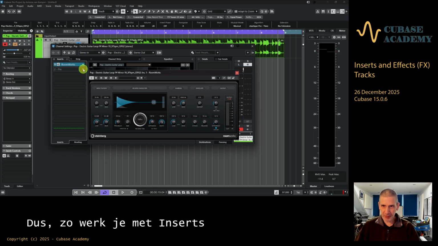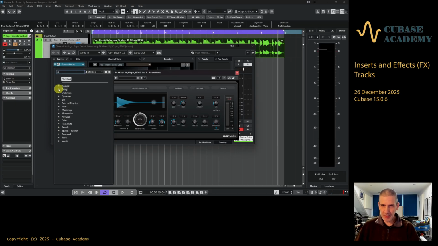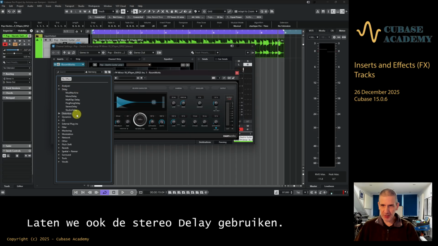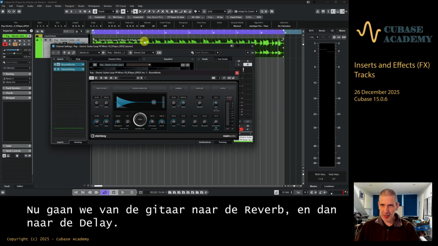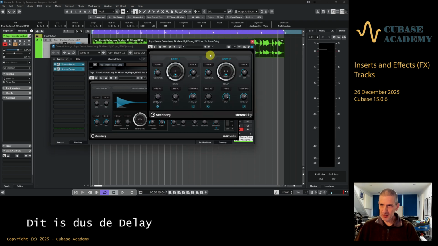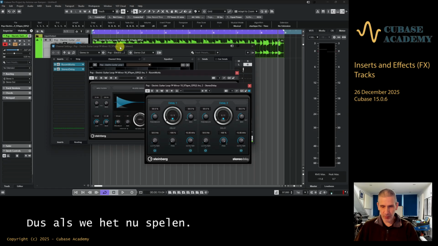And then you can add a second one. For example, we can add a delay. So let's do that also. Let's take the stereo delay. So now we go from the guitar to the reverb and then to the delay. So this is the delay, and also there we see a mix knob where we can determine how much delay we want to have. So now if we play it,